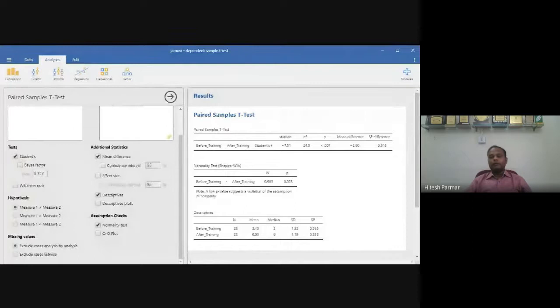The same test you can apply, for example, to reduction of weight with respect to yoga classes, right? Before joining yoga and after joining yoga, reduction in weight. So what you are interested in is reducing the weight. Weight being reduced means the after mean will be lower than the before mean.